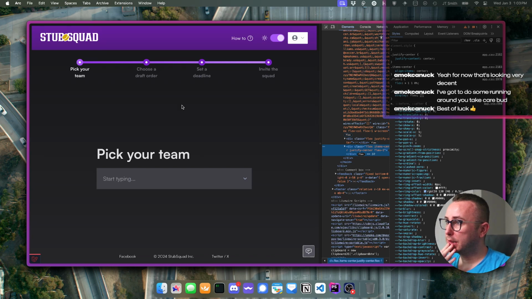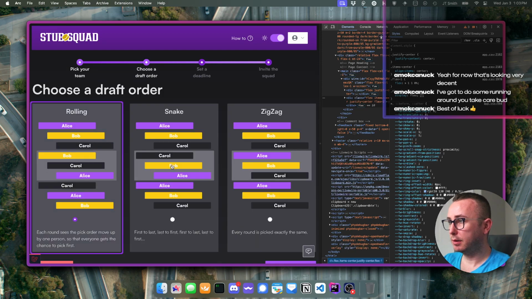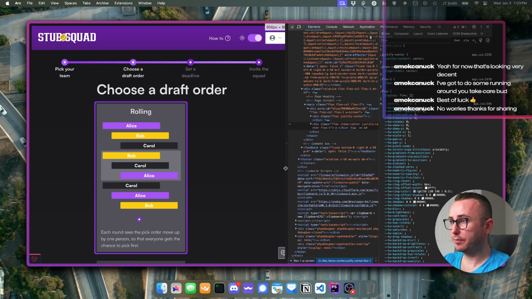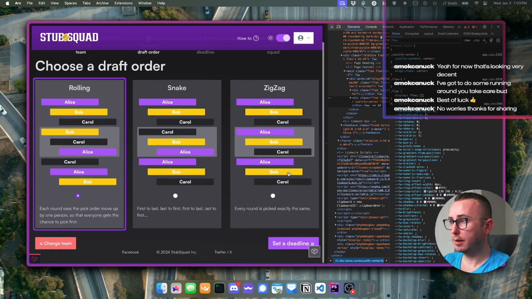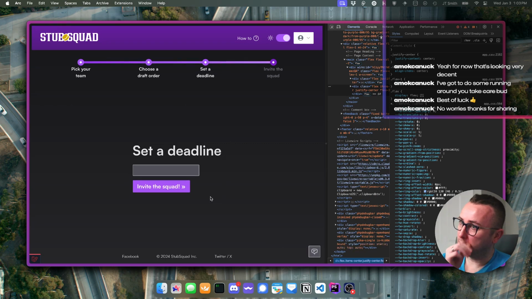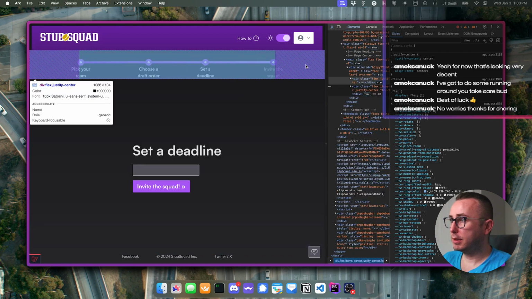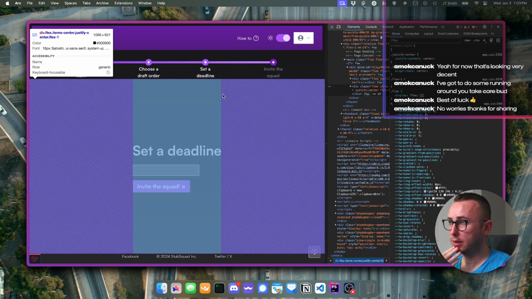Okay, so let's see. If we just pick a team, we'll just do Calgary for now. Yeah, that's back to being the wrong height. So what we could do is, if we know how high this section is, we can take half of this height and add it to this as a negative margin. Actually, we could just set,